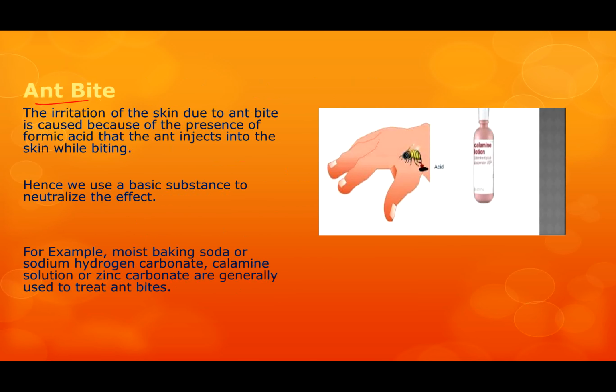Another example is an ant bite. Now when an ant bites, it injects formic acid into our skin while biting. So again this is injecting an acid, so we need a base to get relief from it. So we can use moist baking soda. As you know, this is a